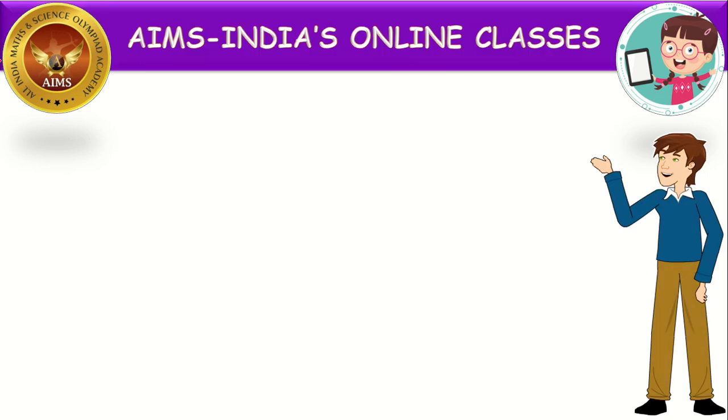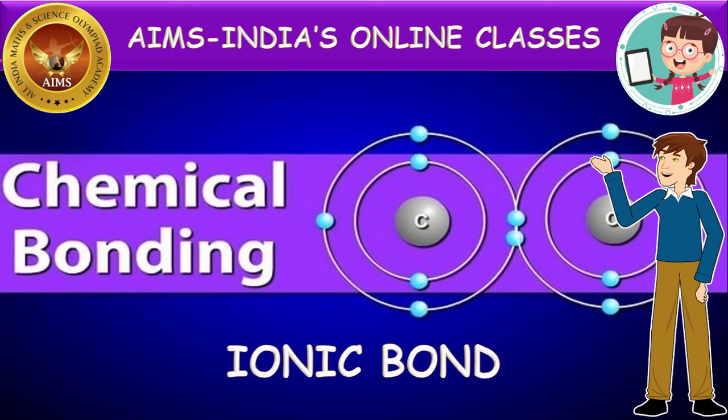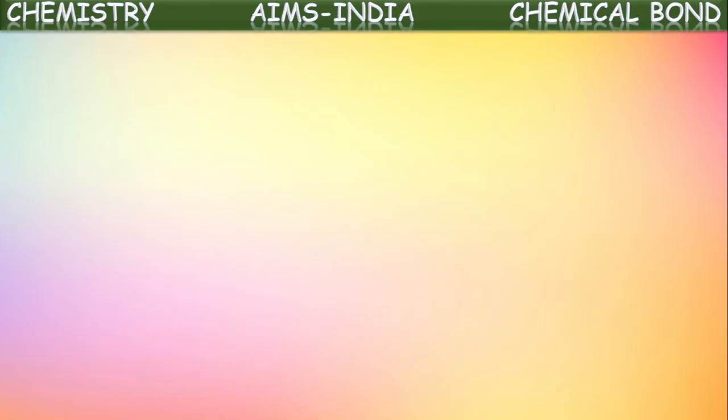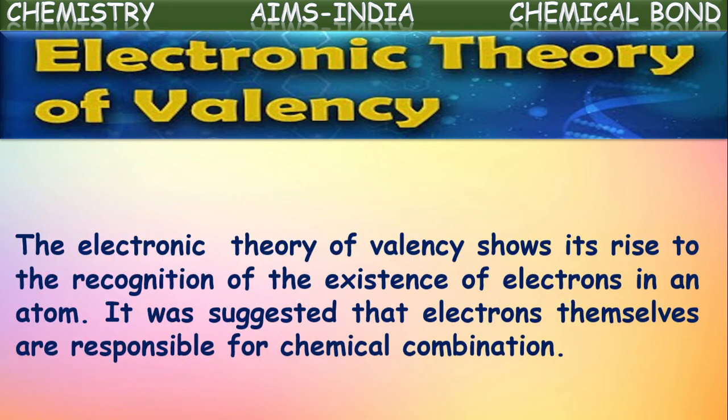This is chemistry session. Here we are discussing about chemical bonding. In this session we are going to see about ionic bond formation. Before going to see about this ionic bond and different kinds of bonding, we have to know one thing, that is electronic theory of valency. Based upon this, chemical bondings are occurring, and how many kinds of bonds are there we are going to see later. First let us see about electronic theory of valency.